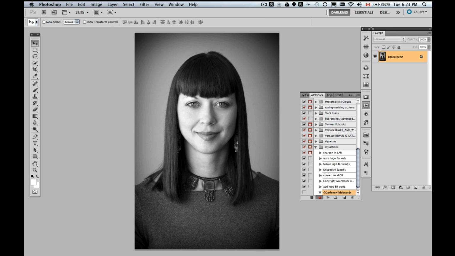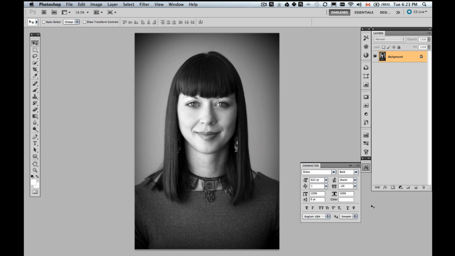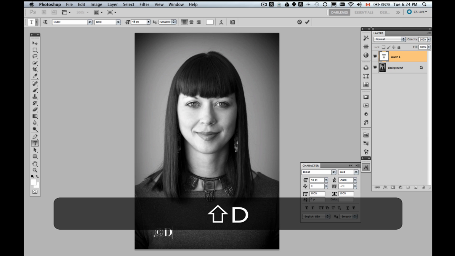Okay, so the first thing you want to do before you add any text is make sure that you've got your text set up how you want it. Aha, see, now mine is not. Because we played around with that giant text, I know that I want 48, I don't want 600 or whatever it was. Okay, so it's got the right font, I've got the right color, I know I've got all the right stuff. So hit your T key, get your text, do the same process again, Alt G, type in your text,